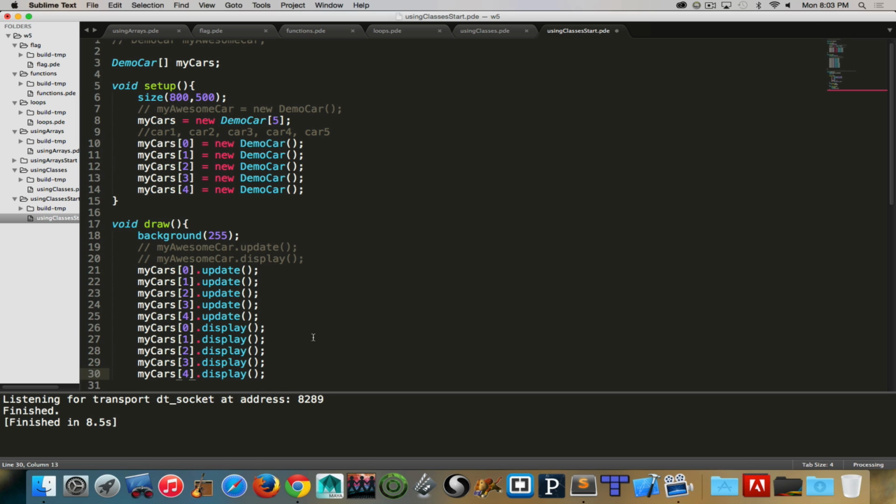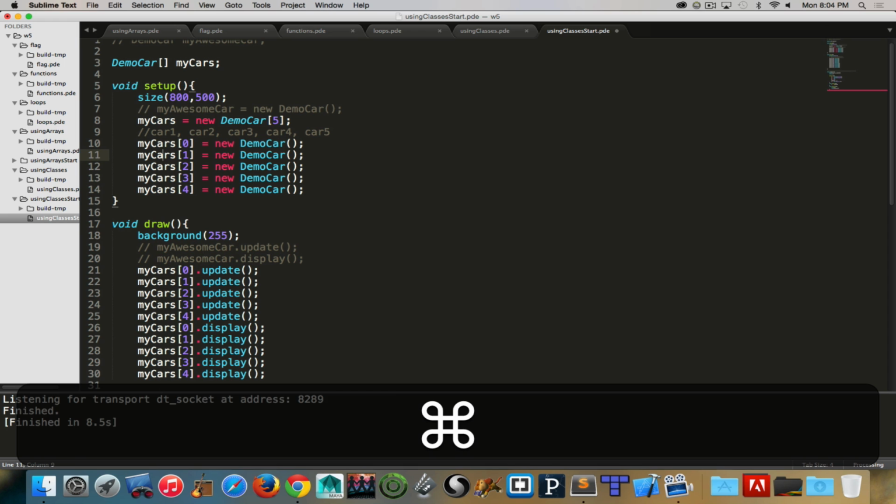So if we look at this, we see that I construct my array, and it uses square bracket notation. So I initialize the variable, give the variable a value, specify how many items are in my array, populate each position in that list with a new car, and then my draw will say every frame, update each one, display each one. And when they run,